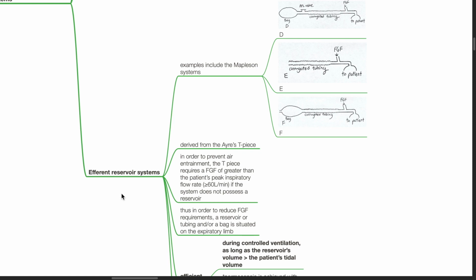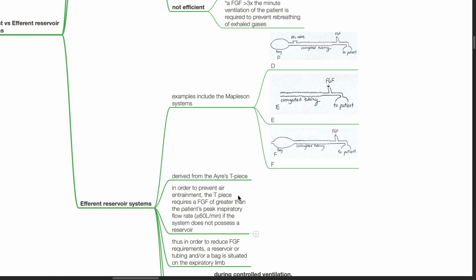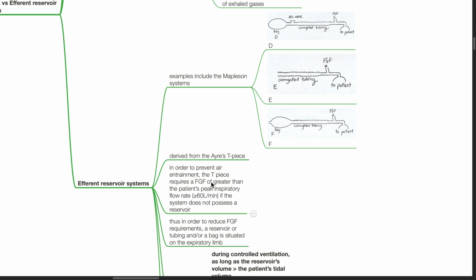Efferent reservoir systems. Examples include the Mapleson D, E, and F systems. These are derived from the open-ended T-piece. In order to prevent air entrainment, the T-piece requires a fresh gas flow greater than the patient's peak inspiratory flow rate of 60 or more liters per minute if the system does not possess a reservoir. Thus, in order to reduce fresh gas flow requirements, a reservoir tubing and/or a bag is situated on the